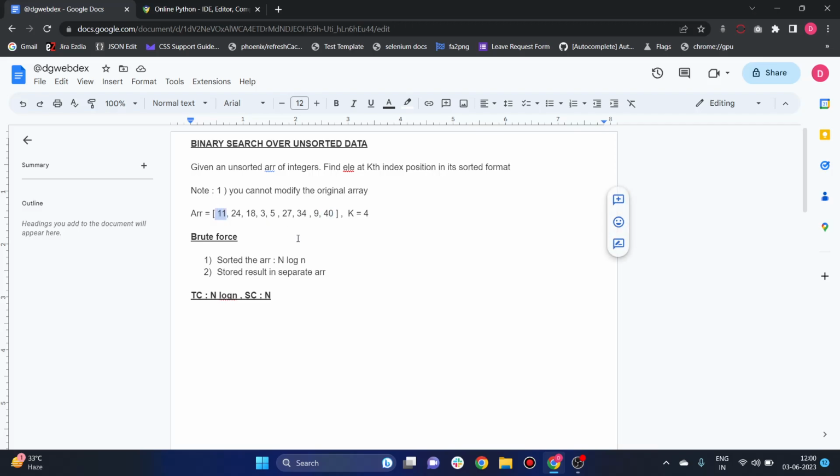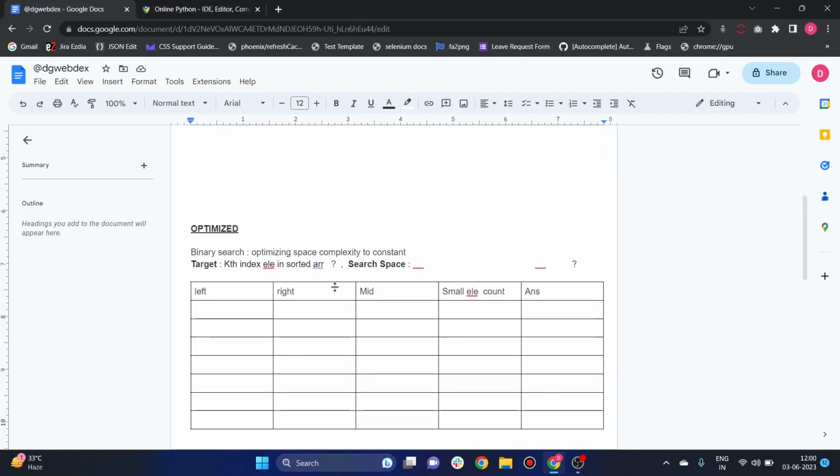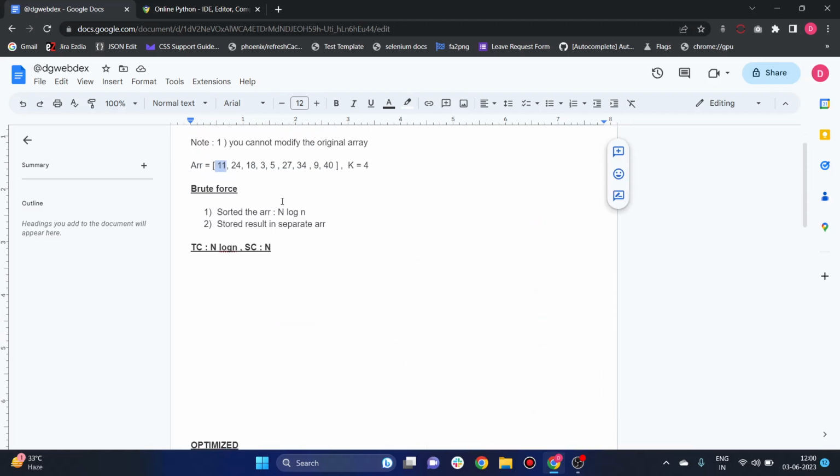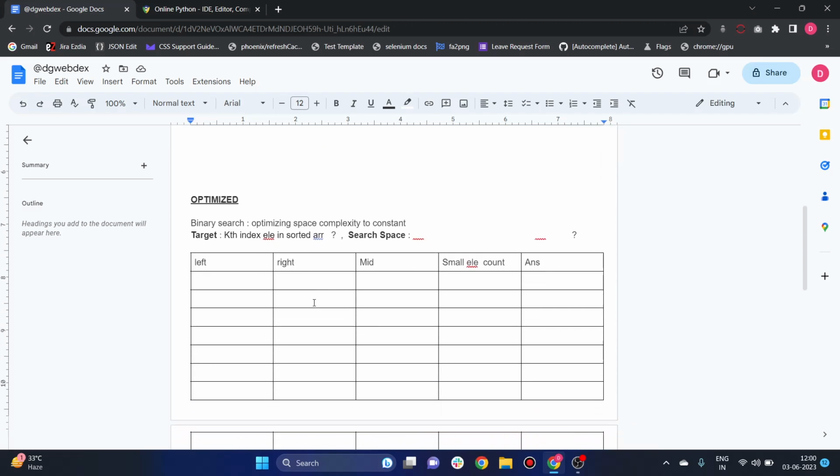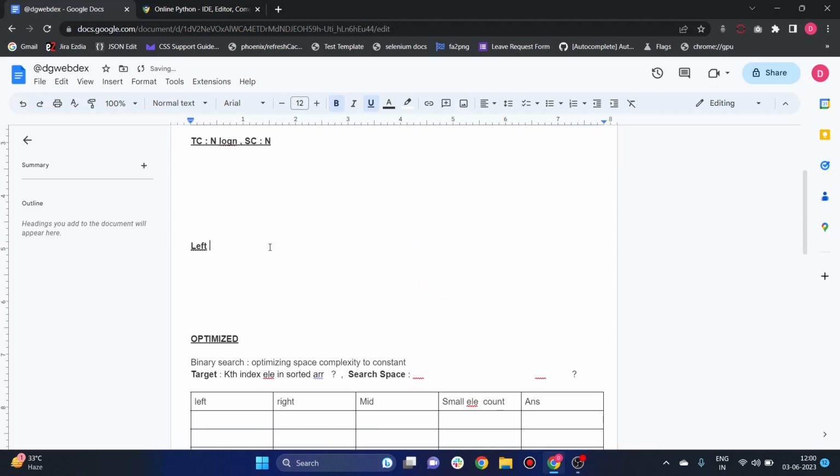How can we discard a certain half of the search space? Because binary search is basically discarding a certain half of the search space so that we can consider the other half. So how can the index actually help here? Basically, the answer is no. The index cannot help here. If you try it yourself and look for any algorithm based on the index, even if we consider the left index to be 0 and the right index to be 8,